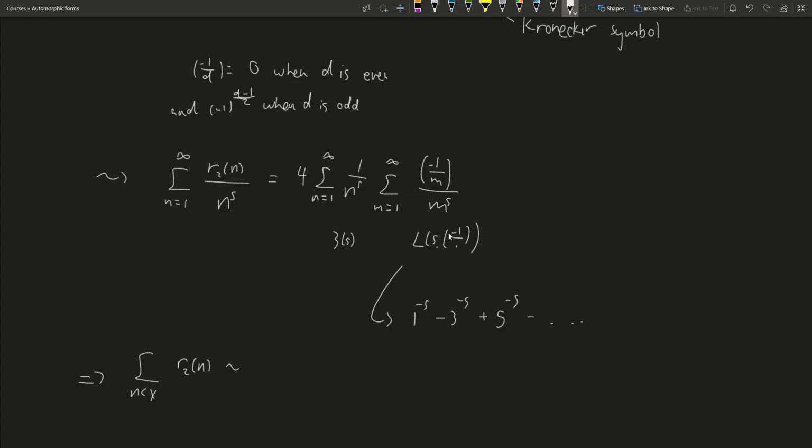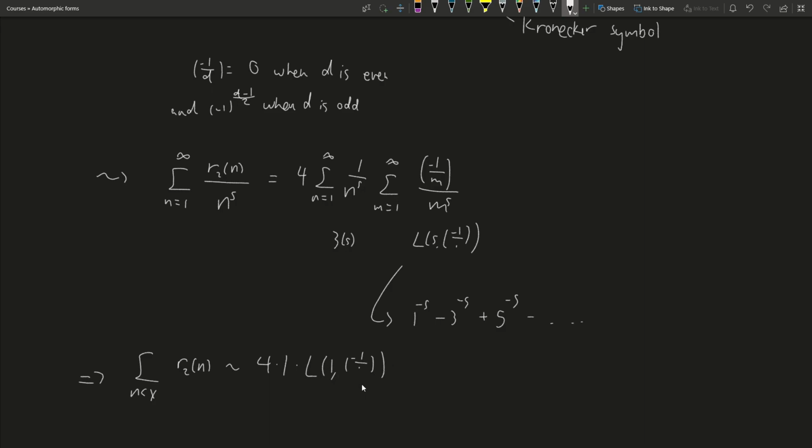And this Dirichlet L function isn't going to have a pole at 1. So the rightmost pole is going to come from the zeta function. So it's going to be 4 times 1, which is the residue of the zeta function, and then here we're going to have L(1) of